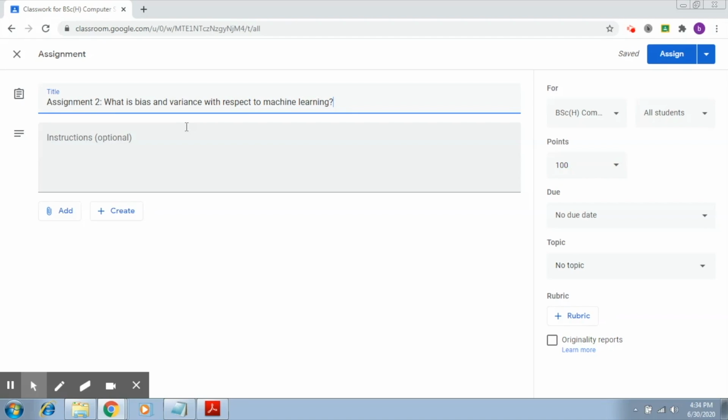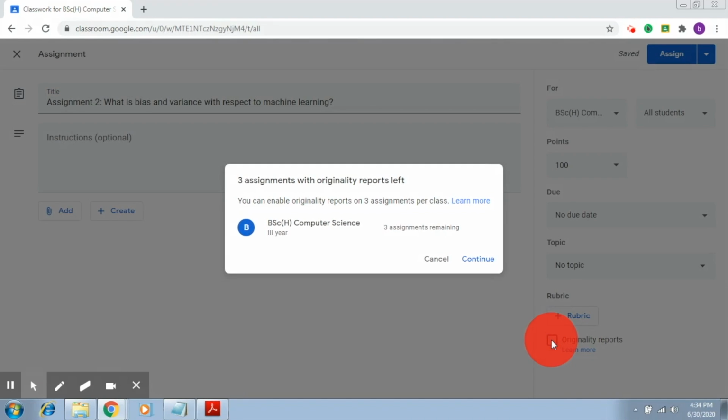Now, what is important is to see that we have just under the rubrics this concept of originality reports. Now, if you want to use this feature, which by default is not used, you need to click on this checkbox here. So once you do this, it says you can enable originality reports on 3 assignments per class. So this is with the G Suite. If it is a G Suite Enterprise Edition, you will have much more facilities. So now I click on continue,